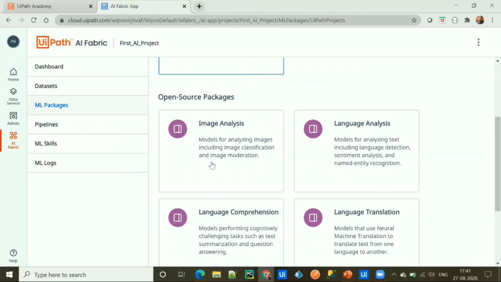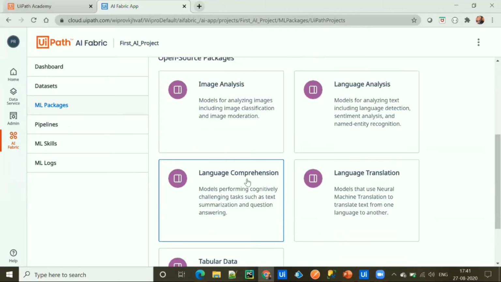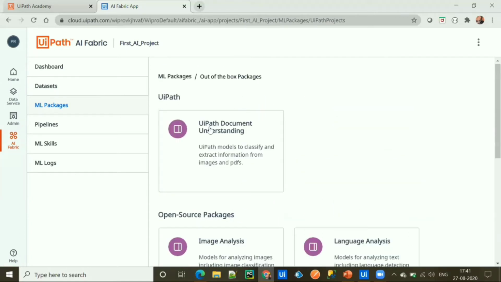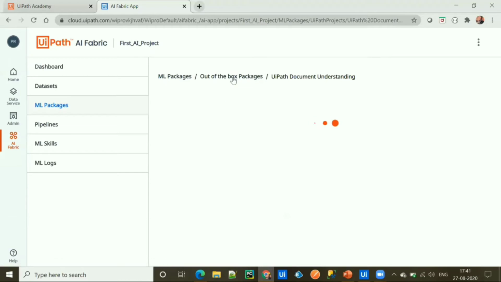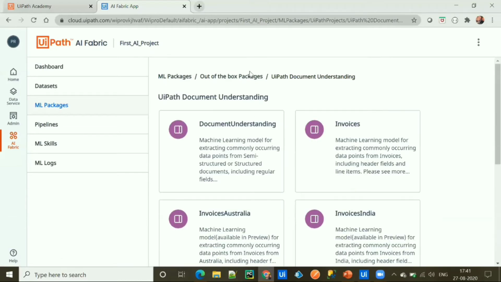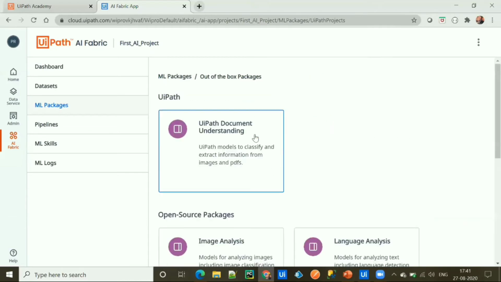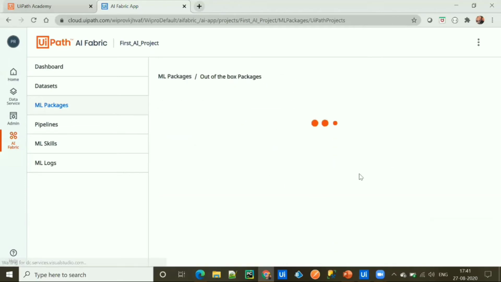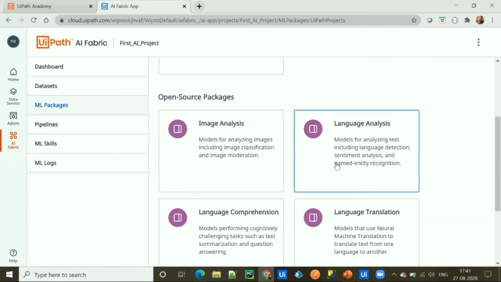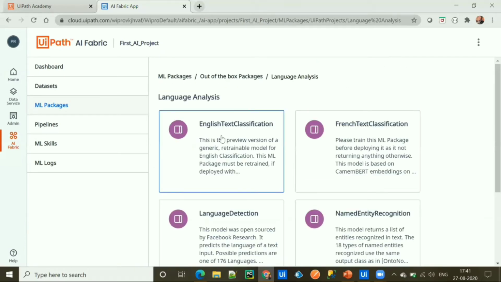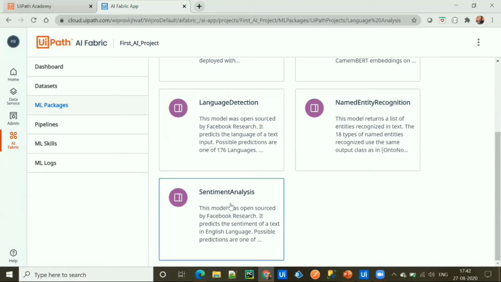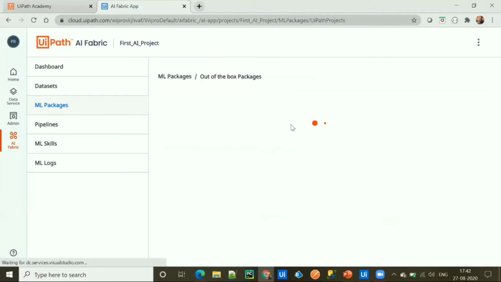Here you'll see a lot of out-of-the-box packages provided by UiPath. There are UiPath Document Understanding packages. Similarly, you'll have Image Analysis. Then under Language Analysis, you'll find a lot of packages, which are English text classification, language detection, and sentiment analysis.